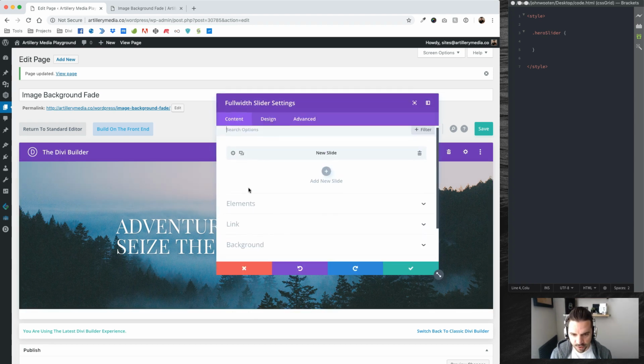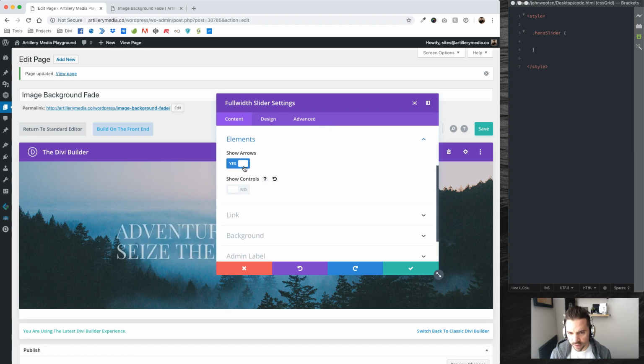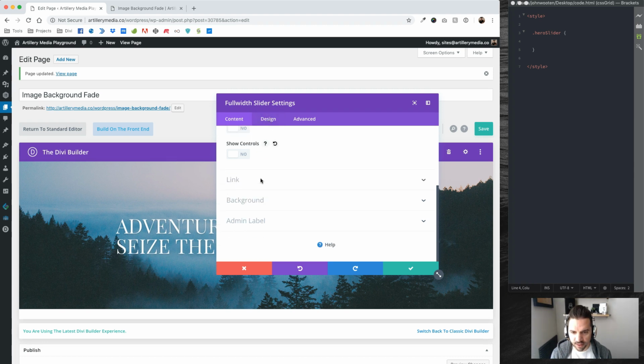Let me see if that's an option here in this guy. So I don't want to show the controls on this. I don't think I want to show arrows either. I'm not going to link it for design. Yeah, under sizing and spacing, there's not really options there. And then under advanced,